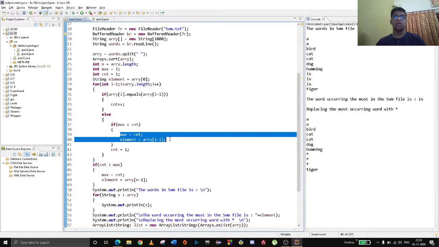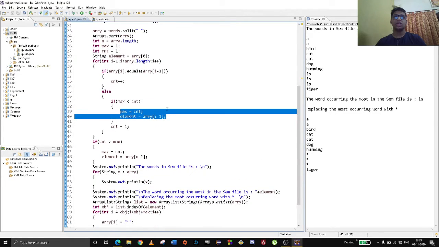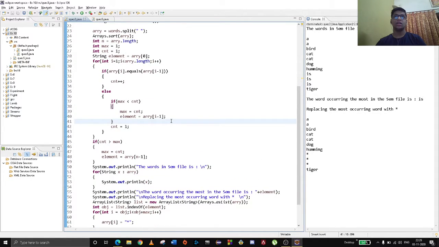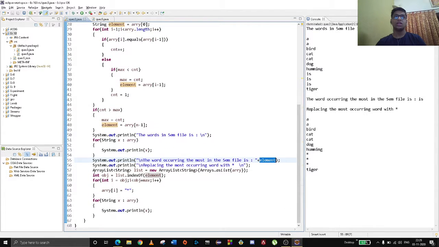If a new element comes, then the previous element will be the last element, so we store it. Every element has a count and a max, so we store it, and we print it with System.out.println, where the element is the most occurring element. We are using an array list in it, and we call list.indexOf, the index of the element.